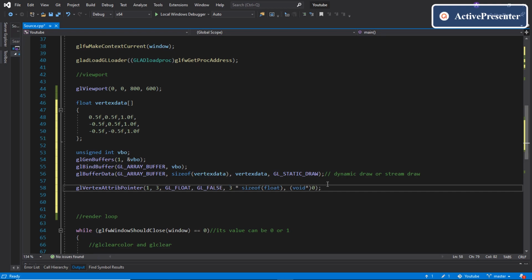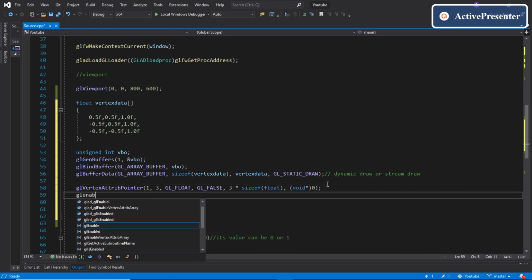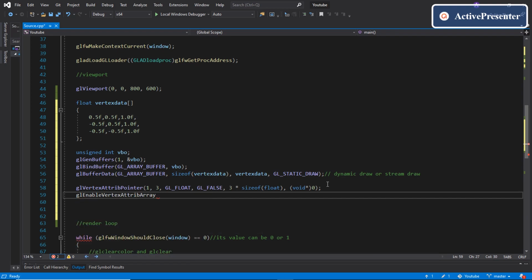Okay. Now, since we know OpenGL is dumb, we also have to enable this vertex attribute pointer. We'll use glEnableVertexAttribArray and the index, that is 1 here. Now we know that the vertex attribute pointer we are talking about is about this vertex data that is contained inside the VBO. However, OpenGL is dumb, so OpenGL doesn't know this. So we actually have to link our vertex buffer object and this vertex attribute pointer we just created.